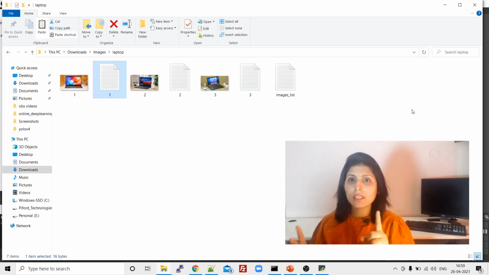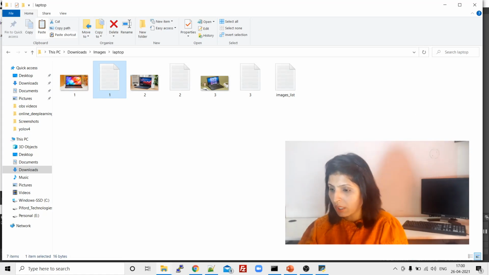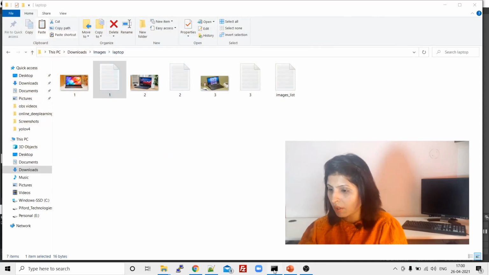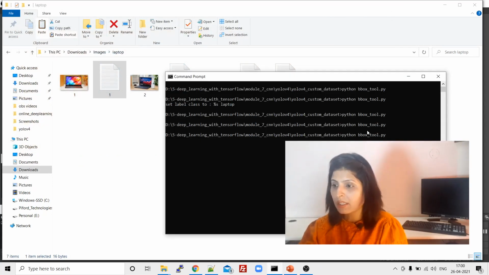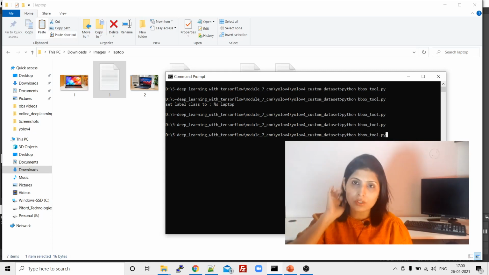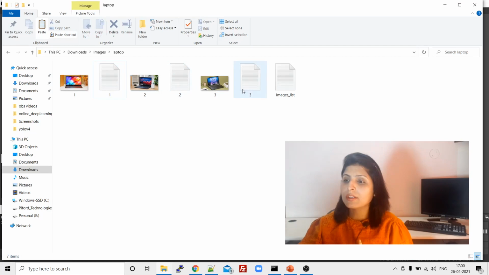Now what we did is we first downloaded the images related to every object from the internet, and then using this bounding box tool we opened the bounding box desktop application and plotted bounding boxes on the images, right? So this is what we did. After that you'll get these kinds of text files for each object.